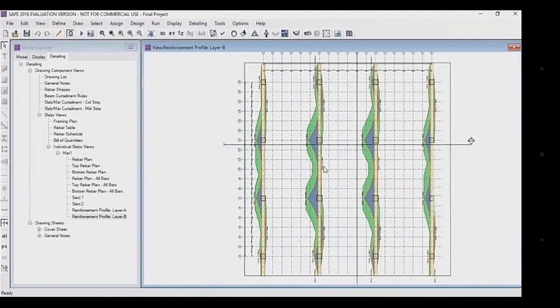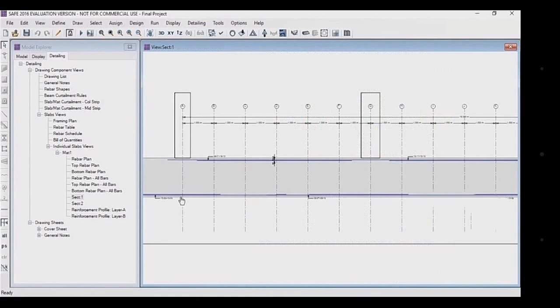You can also check the reinforcement profile in layer B and layer A. You can also check the top rebar plan, bottom rebar plan, set 1, set 2. This is set 1, in which top and bottom rebar are given accordingly.